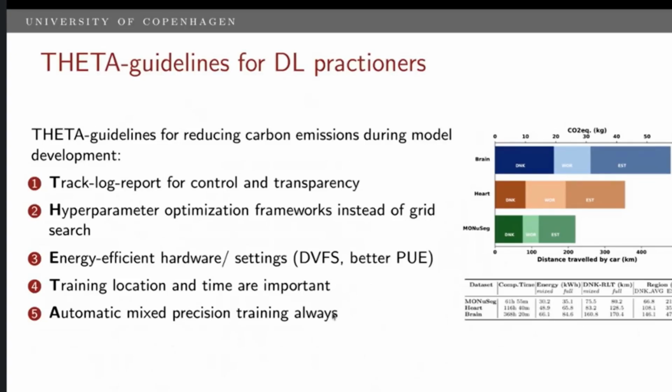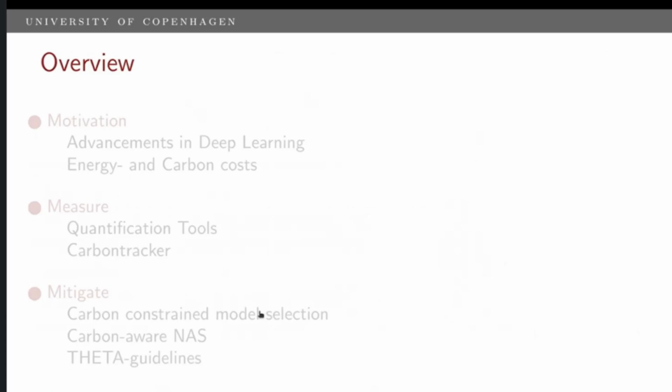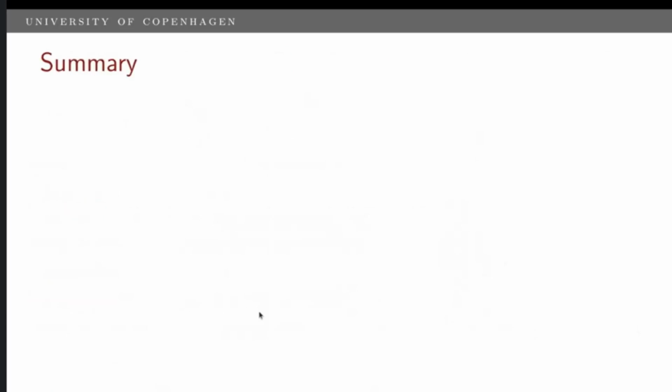because if you go to half precision, then the energy consumption and the training time are immediately reduced by half. Also, I think it is in the spirit of open science that we should publish all these trained models, which have already used quite a bit of data. So I think that's the general idea with the carbon footprint of deep learning.